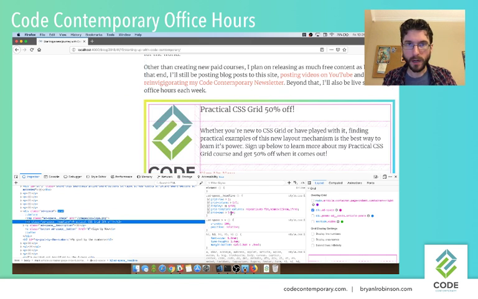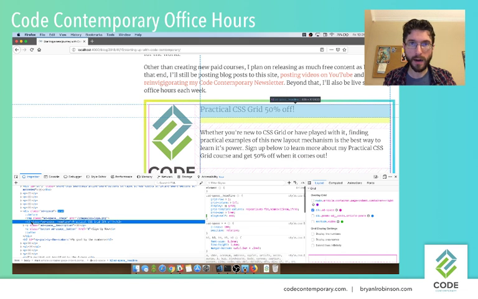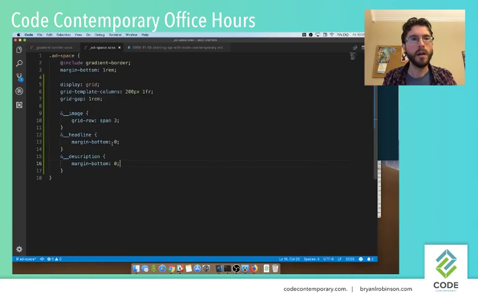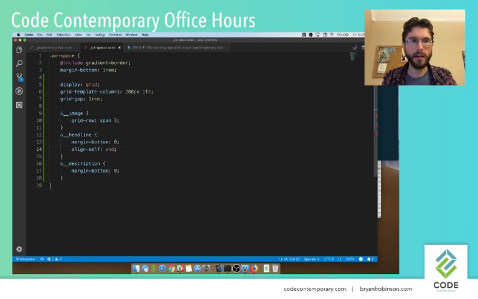We can, however, come in here and we can say justify align self, and why are you making a liar out of me? Because the margin's back. Why does the margin keep coming back? That's nuts. Let's go ahead and add it in here. Align self and